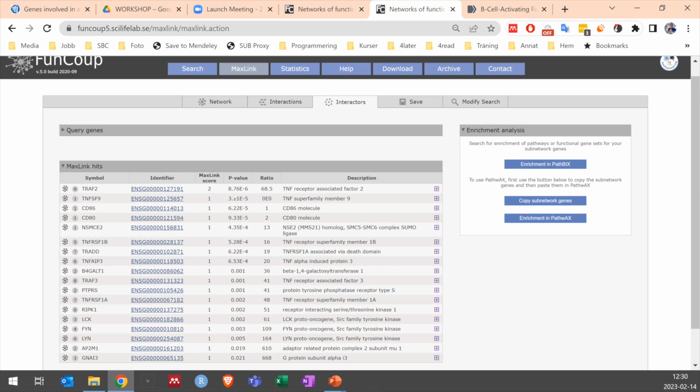hypergeometric test p-value here. And you can use all the features that Emma has already shown you. You can do some enrichment analysis. You can look up the genes in other databases, but the basic thing that you would do is maybe look at the